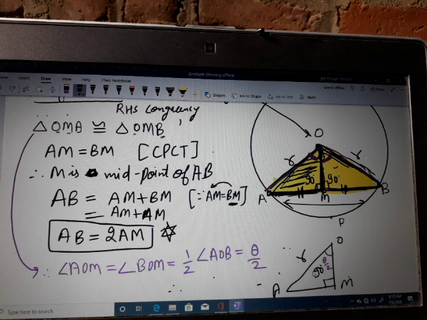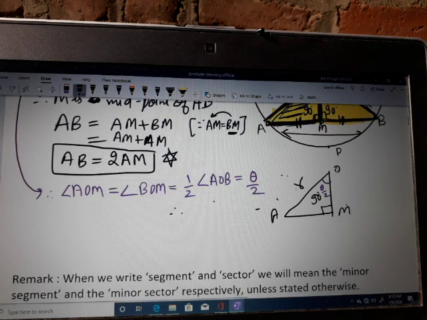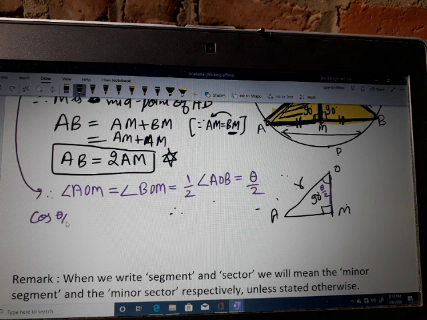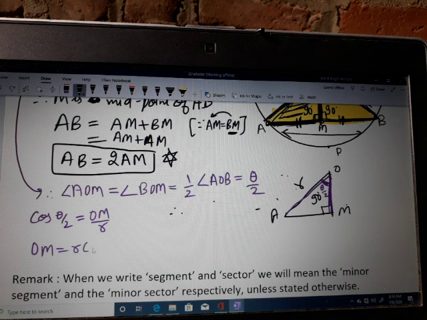And in this triangle you have to apply cos theta and sin theta to get the value of this distance. I will apply cos theta here. The angle is theta by 2. Cos theta by 2, cos theta is base upon hypotenuse. This is base and this is the hypotenuse. This is theta. This is base, hypotenuse: OM upon R. So you can easily find out OM. OM equals R cos theta by 2.